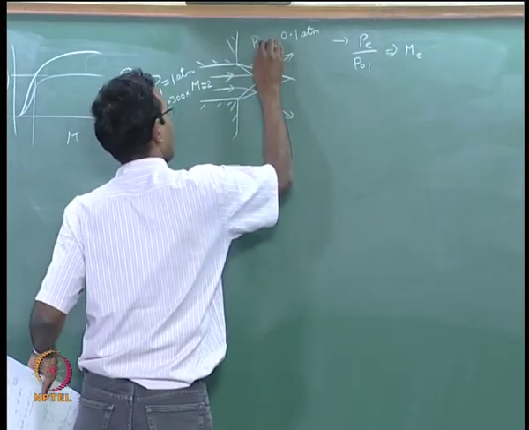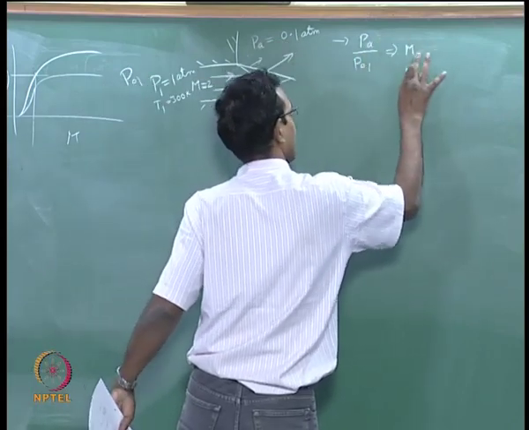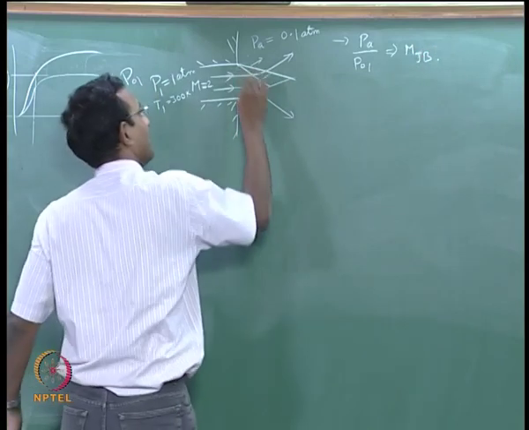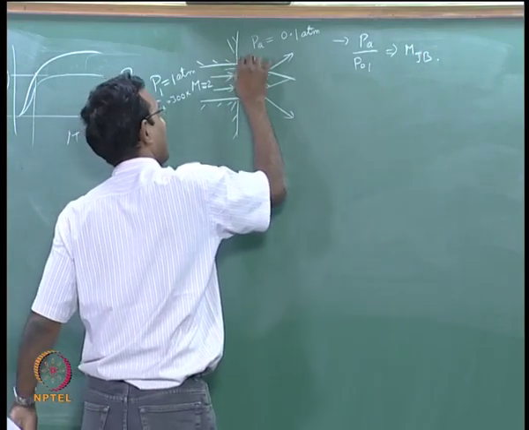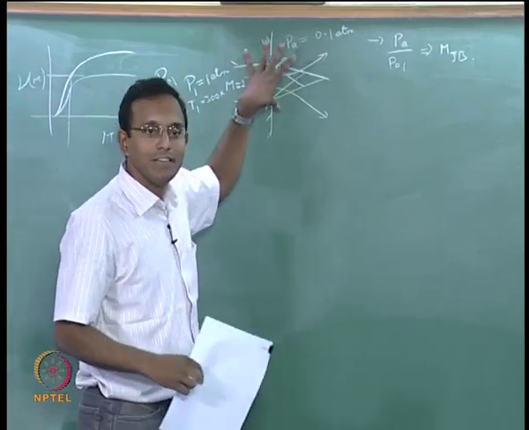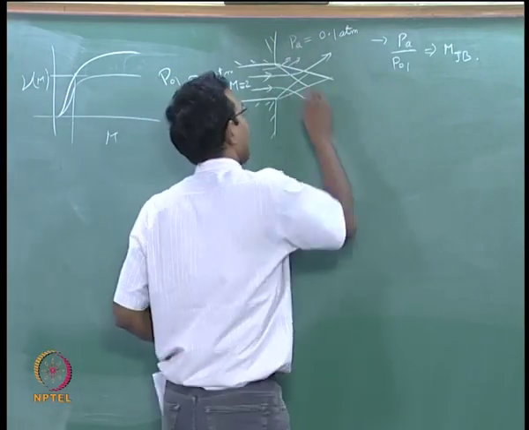Let us call this ambient pressure. I do not want to call it exit, it will confuse you later. Okay. And jet boundary. Mach number at the jet boundary, the final line will be the jet boundary. To find the Mach number, we will go and deal with jets separately later. I am just giving you this one example. Okay. I will find the Mach number.